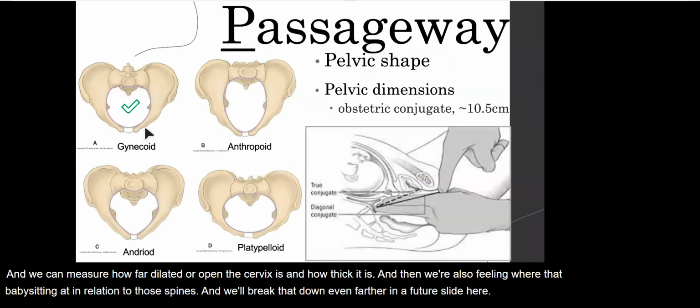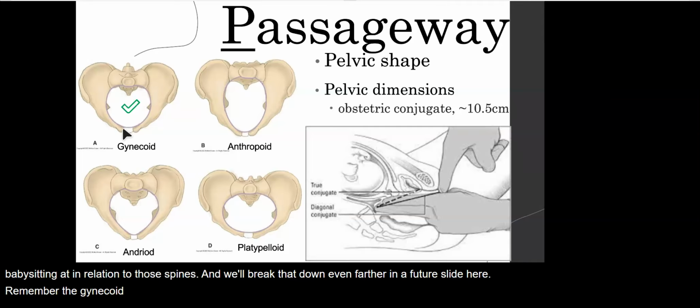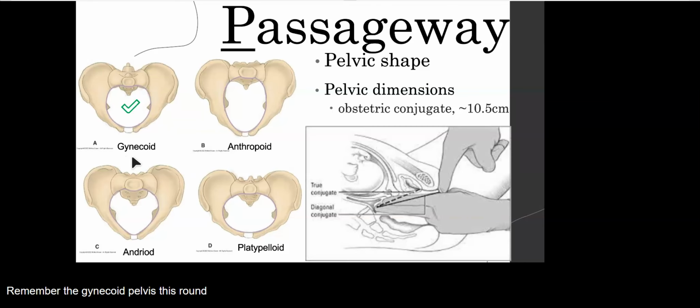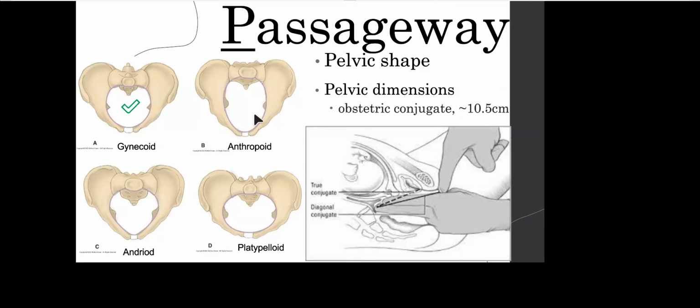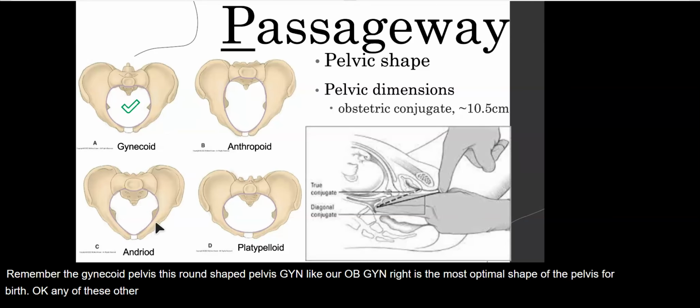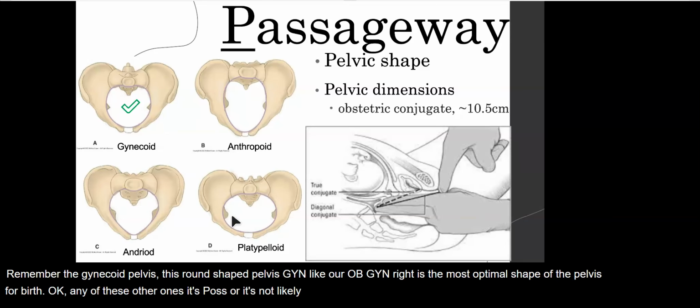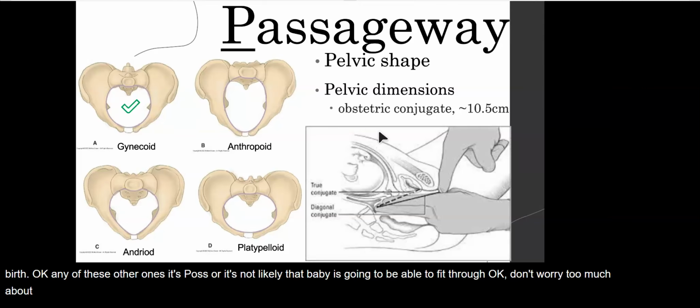The gynecoid pelvis, this round-shaped pelvis, GYN, like our OB-GYN, right, is the most optimal shaped pelvis for birth, okay? Any of these other ones, it's not likely that that baby's going to be able to fit through, okay? Don't worry too much about this, but when the patient is seen in the provider's office,